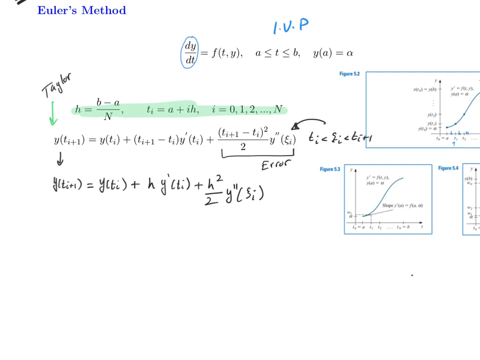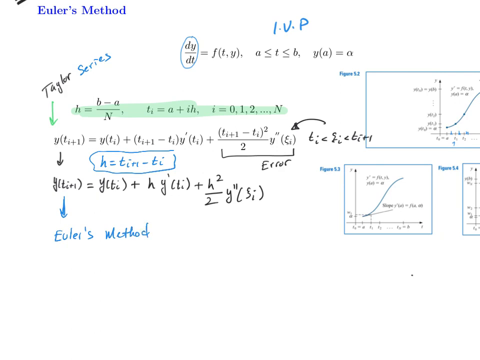You should check this by yourself, and it's very easy to see that clearly h is equal to t_{i+1} minus t_i if you use the definition of t_i. All right, so from here, which again is nothing more than the Taylor expansion, we get Euler's method,